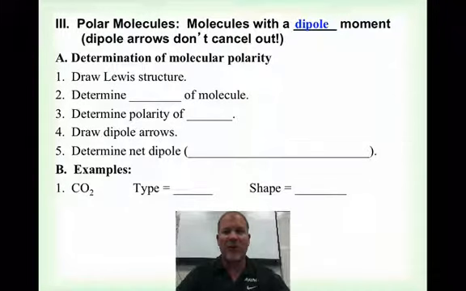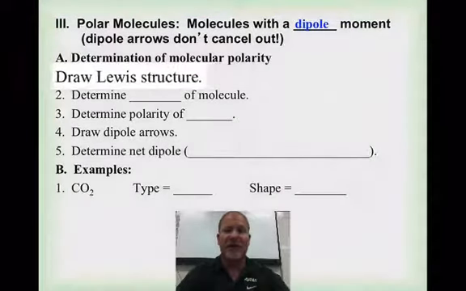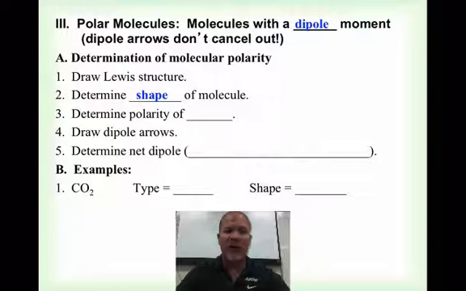not, and this loves to show up all through the test. So again, this kind of ties it all together, being able to look at bond angle and the type. First, it comes down to being able to draw a Lewis structure. So step 1, draw a Lewis structure. Step 2, determine the shape of the molecule, and then after the shape, we'll go after polarity. We'll have to use our electronegativities here,